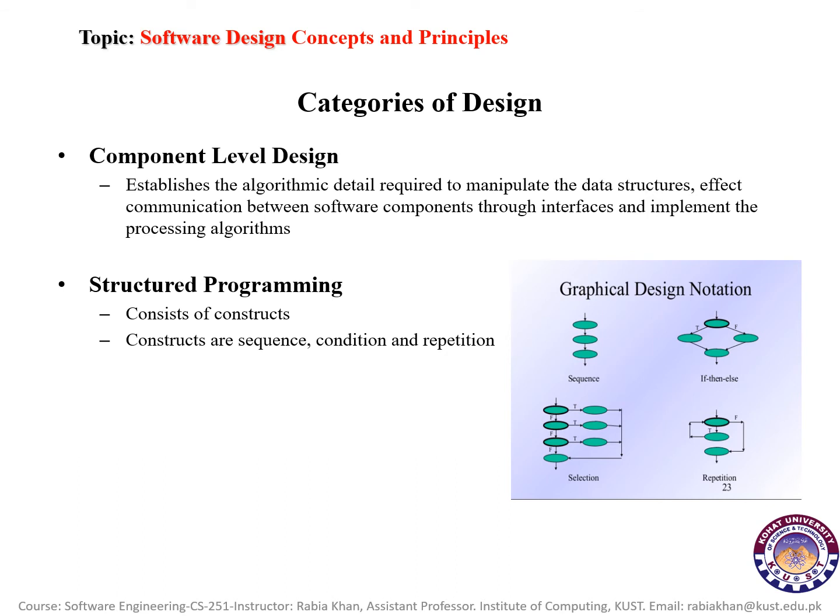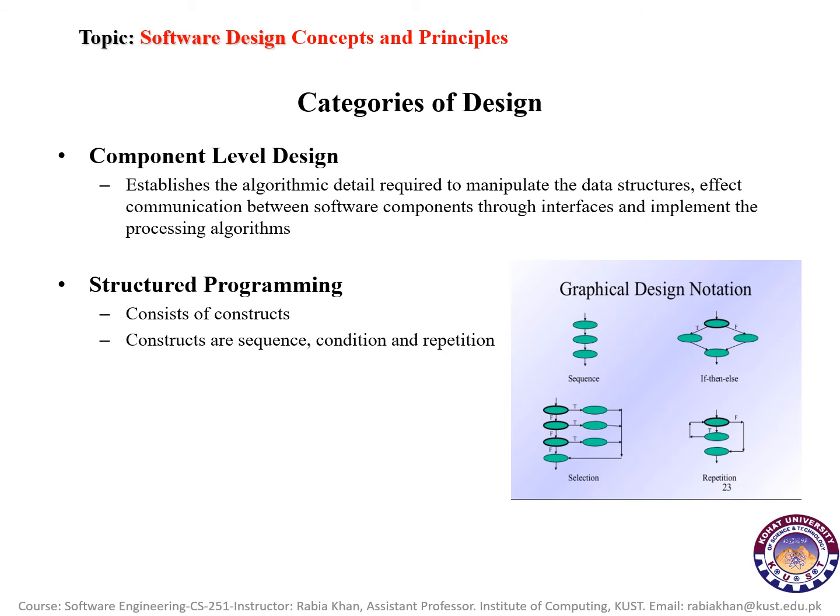Data, architectural, and interface design must now be translated into operational software. In order to accomplish this, the design must be represented at a level of abstraction which is close to the code. Component level design actually establishes the algorithmic detail required to manipulate data structures, effect communication between software components through their interfaces, and implement the processing algorithms